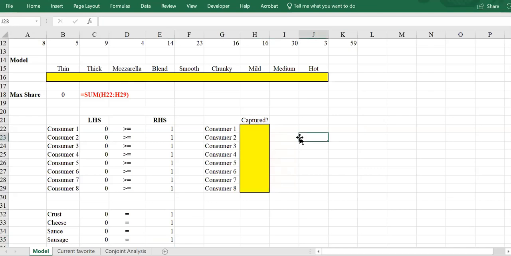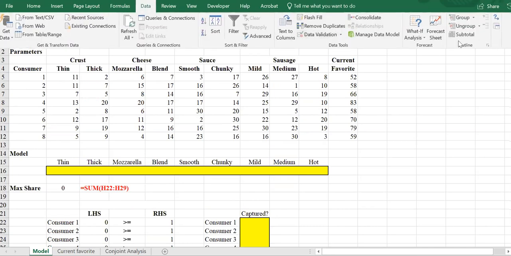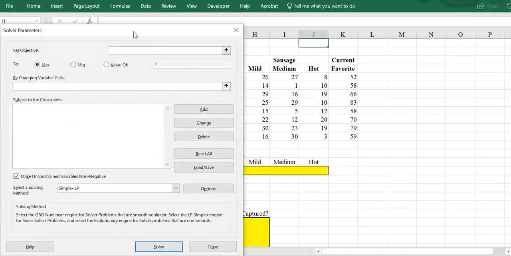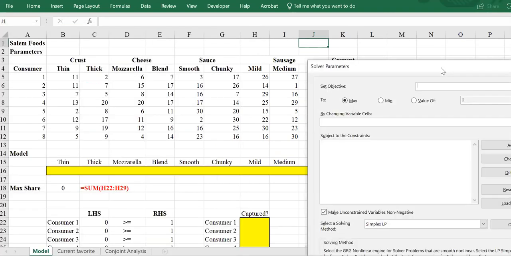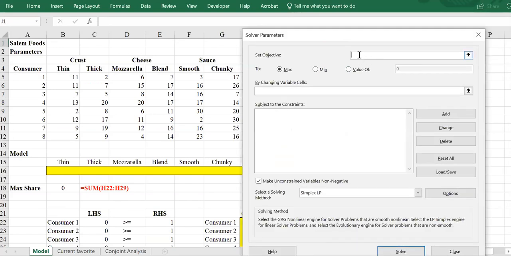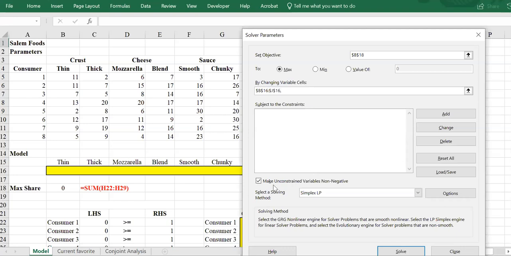And now our spreadsheet model is ready, is complete. We can go ahead and try to solve it by calling Excel solver and by setting up the solver. So we want to maximize the number of people that are interested in our product, or the market share, by changing the decision variables. So that's the first set. The second set is going to be,